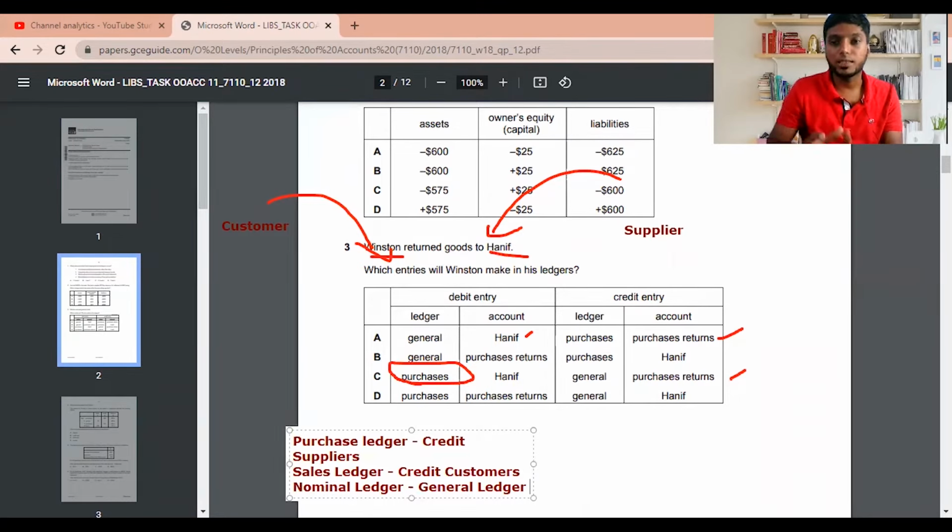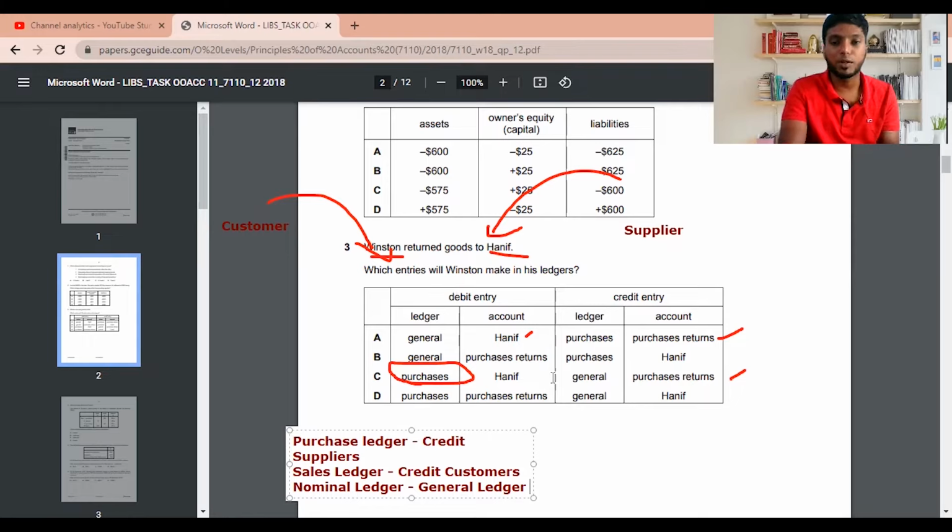Purchase account is a nominal ledger account or general ledger account. Then what account does purchase ledger take? Purchase ledger takes credit suppliers or trade payables accounts. So you can't take the purchases account and put it under purchase ledger. It's wrong. You will have matching questions also in future, so you should be very careful when you understand this type of thing. I think this is explained so many times in the past papers which we have done, so you can revise it again and again whenever you want. Let's move on to the next part.